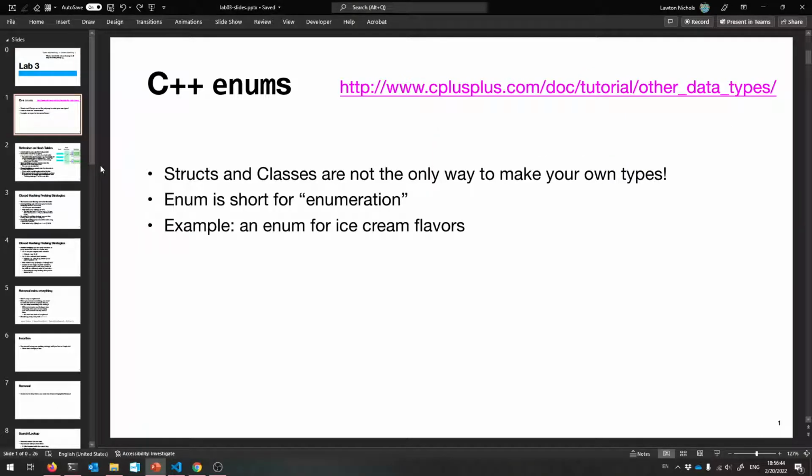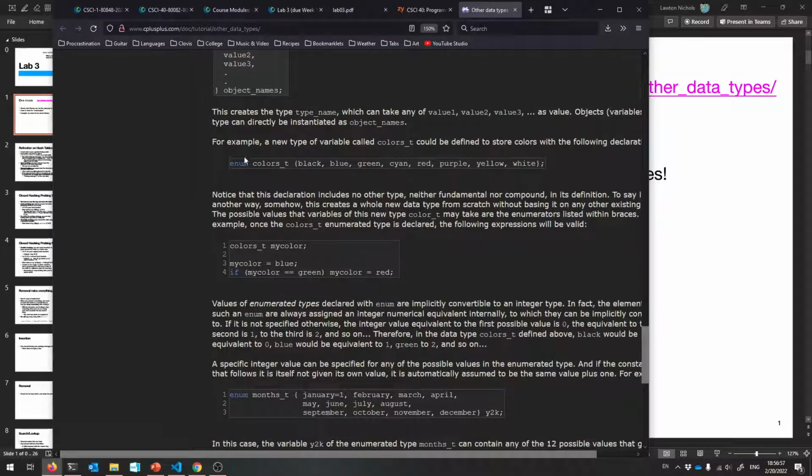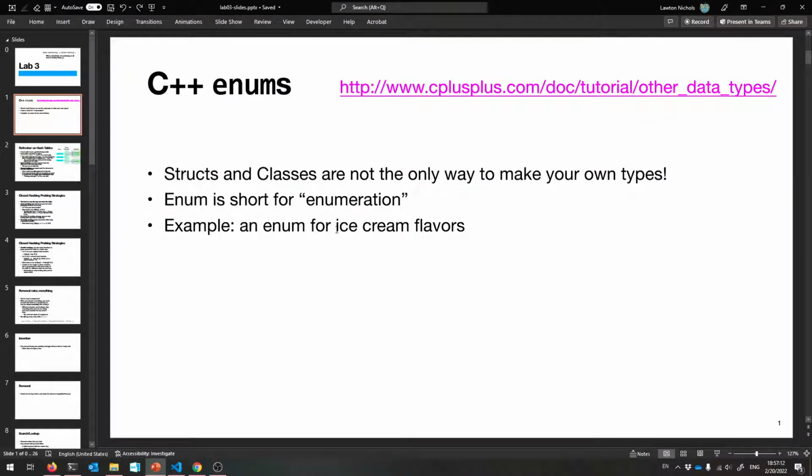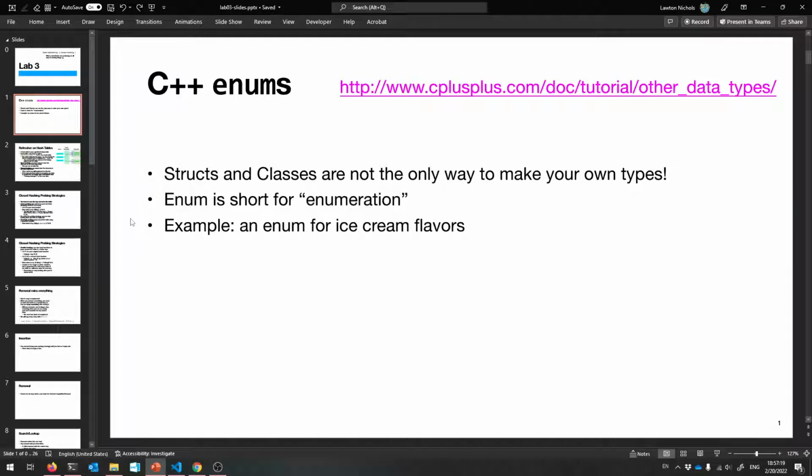Okay, so the first thing we're going to need is a new way to define a type in C++ that you may not have heard about. It is called an enum. So here's a page that you can go to look at it more. If you scroll down, there's an implementation of enum types. It's just a type that has only a certain number of elements. These are the specified things that go in the colors T type, apparently. Okay, that's all that's allowed. And that makes a type with just the things we want inside of it. Okay, enum is short for enumeration. It enumerates all the different kinds of things we want to allow to be inside of the type, if that